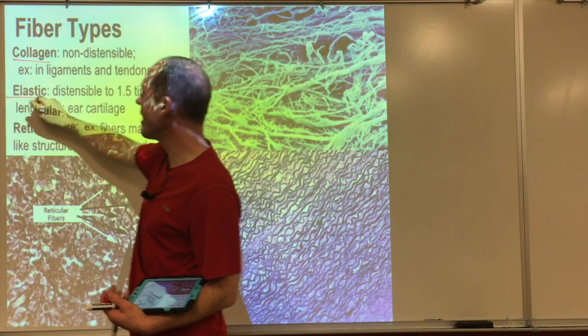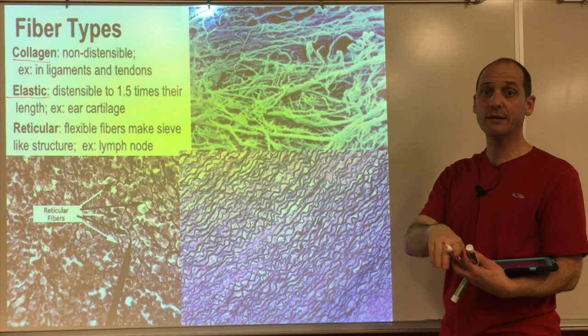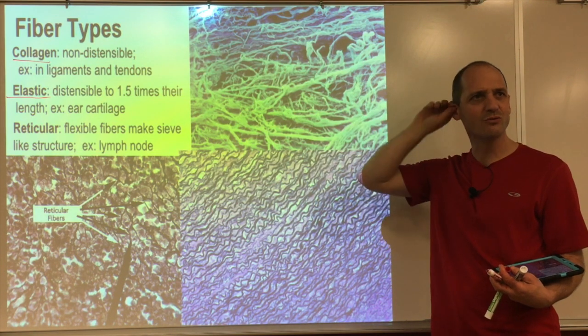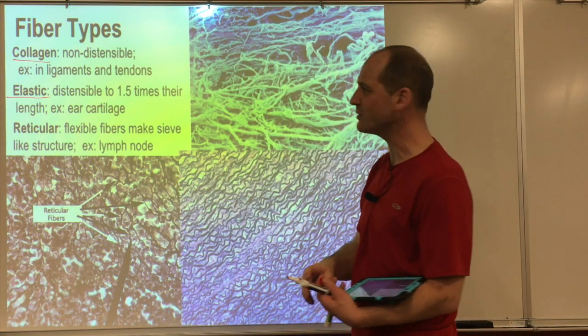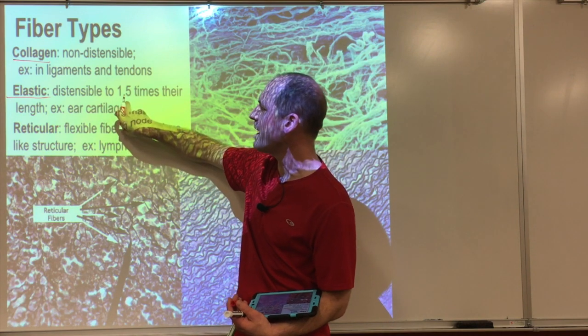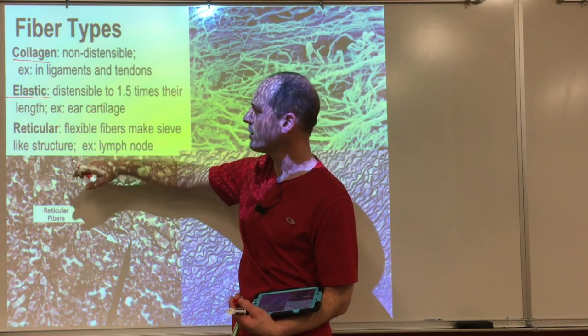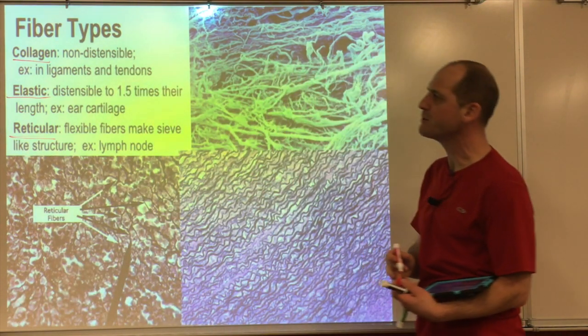Then we got elastic fibers. And elastic fibers, they're elastic. You can pull them apart, like the ear cartilage. You can twist it and turn it and go back. And your grandmother says it won't go back, but it always does. Distensible, that fiber you can pull apart a long way past its length. So yeah, ear cartilage. And then the third type is reticular fiber, and those are flexible fibers that make a